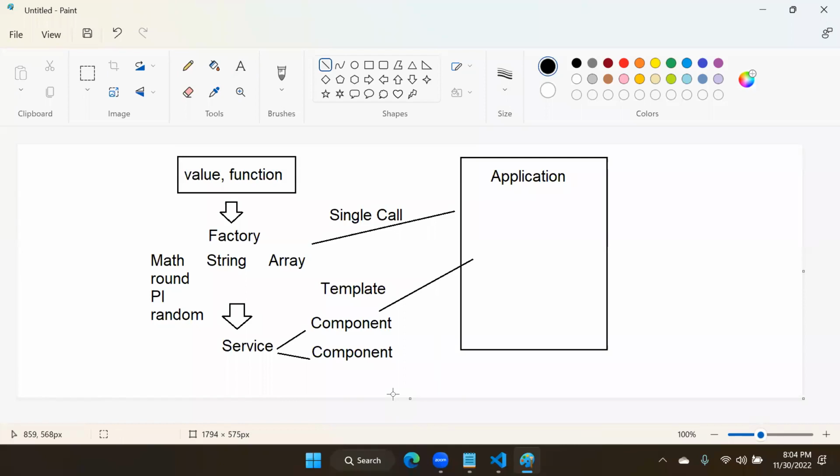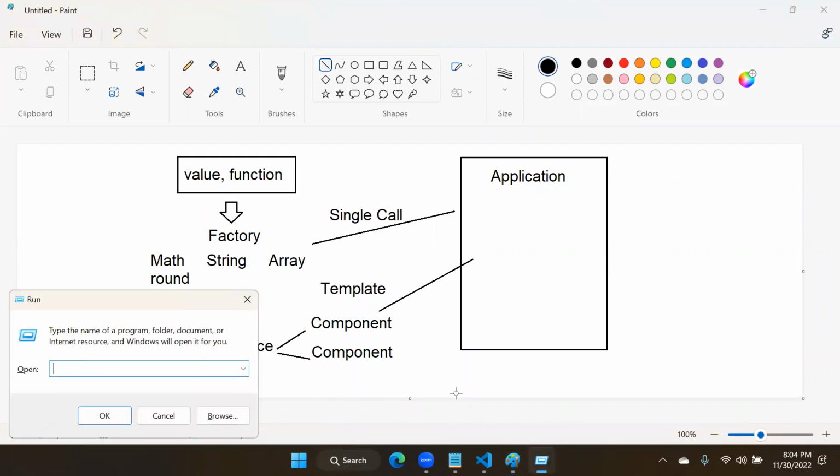We can create a reusable service and inject it in any component and use it. That's simple. We will not rewrite everywhere, we will just reuse. That is the nature of a service. That is the reason that when you Google for Angular architecture, you will not see the architecture diagram I showed you,